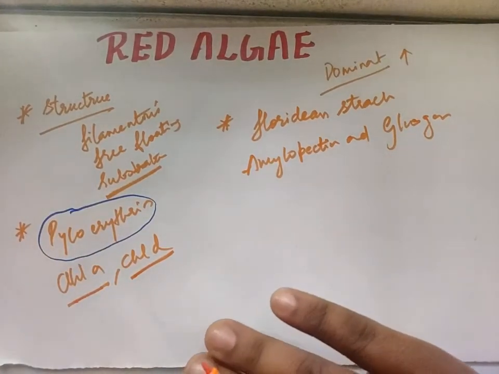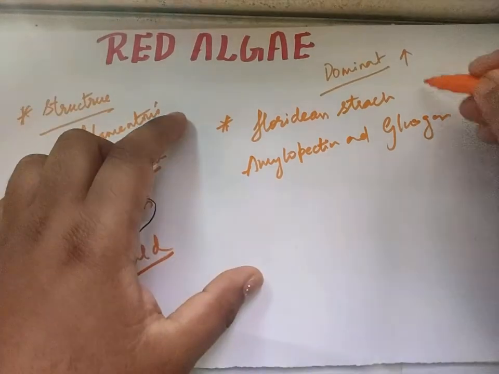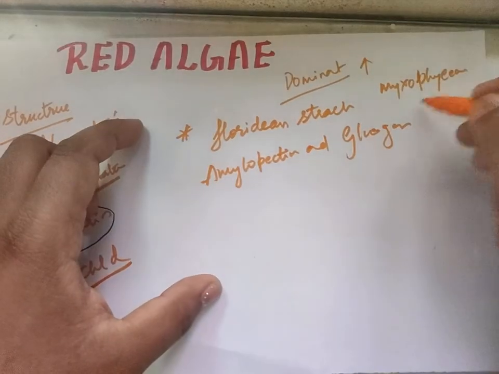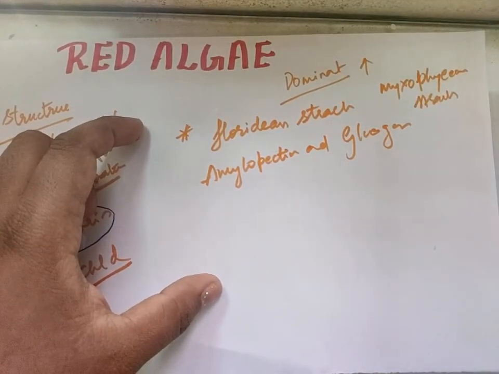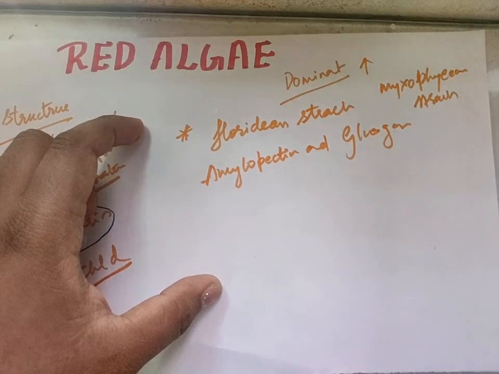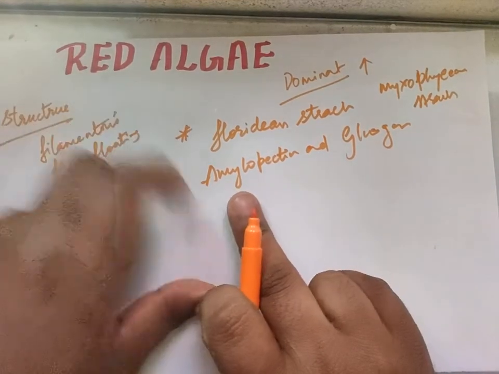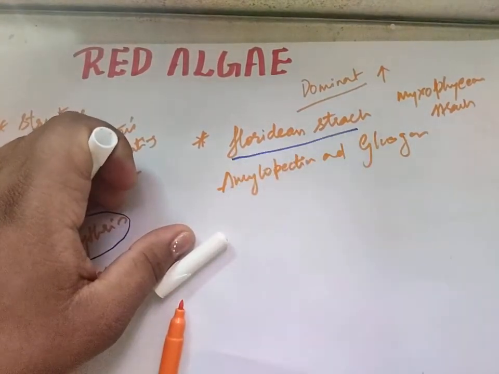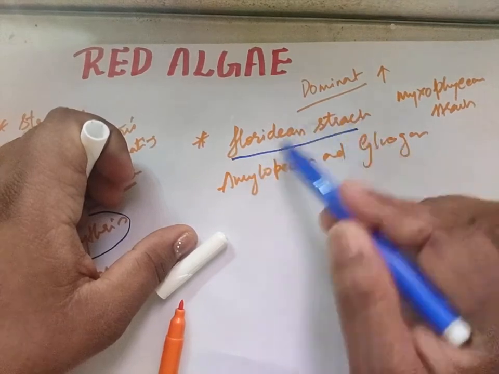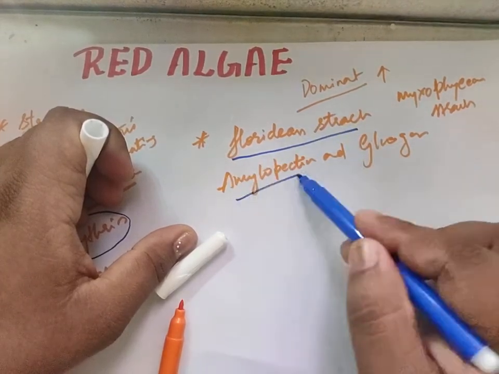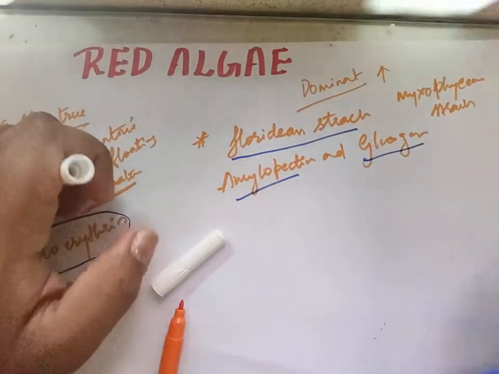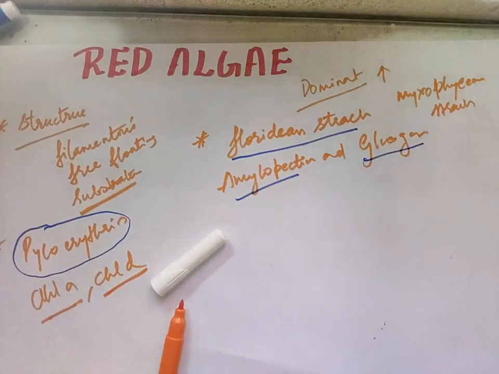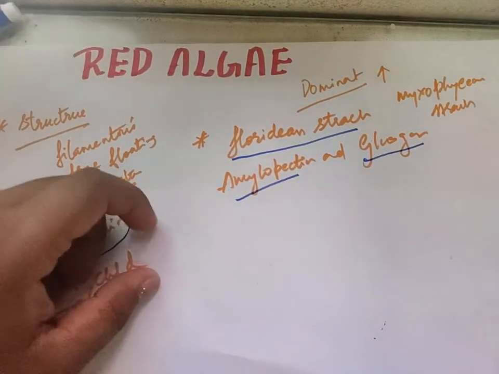From algae to algae, we have discussed cyanobacteria and others. Here we had something called myxophycean starch, which I told you about. In the case of green algae, it is simple starch. In the case of red algae, it is Floridian starch. I'll underline this. The structure of this Floridian starch is almost similar to amylopectin and glycogen. Glycogen, in fact, is the storage food material in higher organisms also. We'll study that in the animal kingdom.